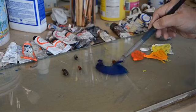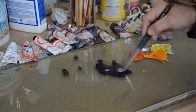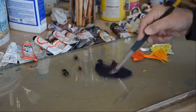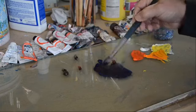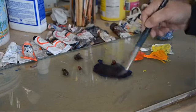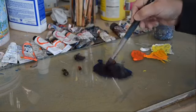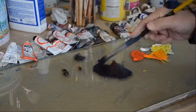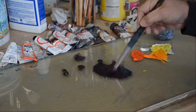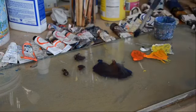I like to use a lot of turpenoid to keep the paint very thin. Sometimes I'll add just a touch of white to help opaque up the colors a little bit. Again, the alkyd always helps the paint dry faster. So the other color that I put in there that I just touched is ivory black. So this mixture here is what I'm going to put in for the burnt area of the prairie. A little bit of red there, tiny touch of white,